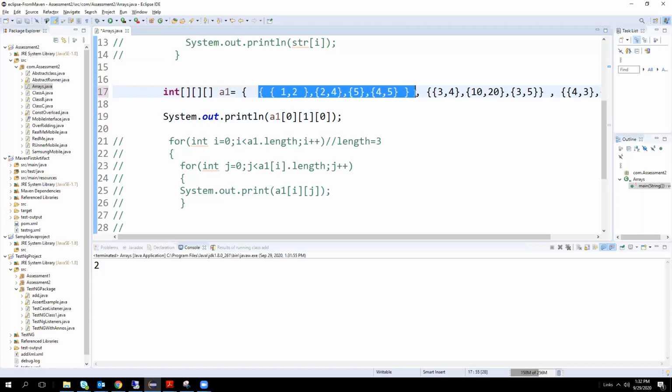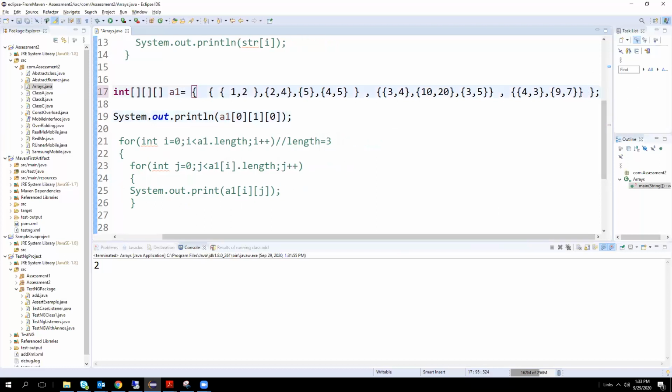As we declare three brackets in an A1 integer, 0 is an index. Index is not an element. We call through indexes, right? This is the zero index of the outside first array. So we don't care about the first array, it is there by default. We'll just start with the second array, zero, then go to the third array. Okay, continue. I'm clear.